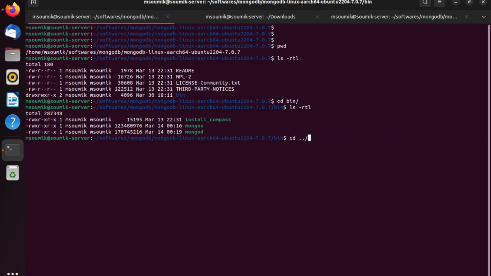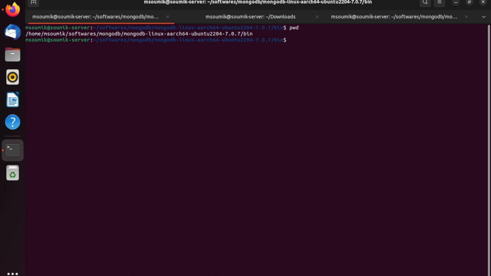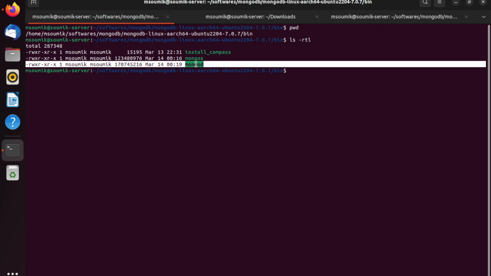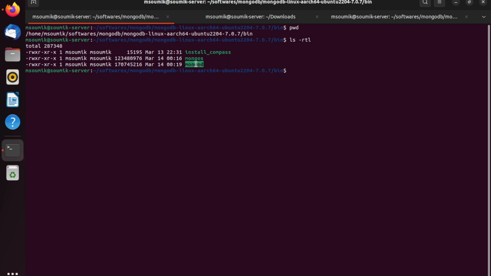So I'm on a Unix environment, which is Ubuntu, but conceptually it would be similar if you are on Windows or on Mac. Essentially the MongoDB server executable is this program, which is mongod. So what we have to do is run mongod in order to start the MongoDB server. Let's see how we can do that. So the command would be